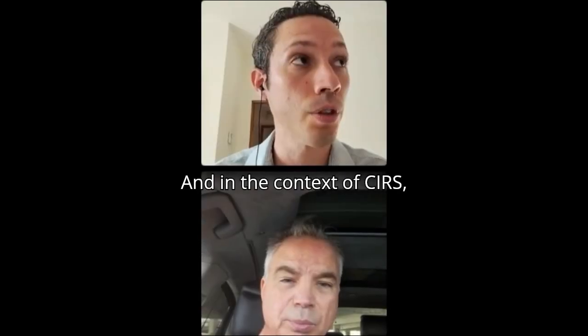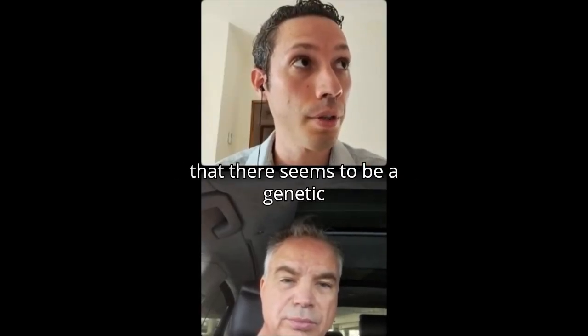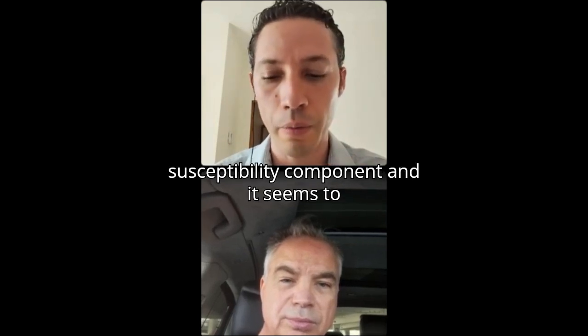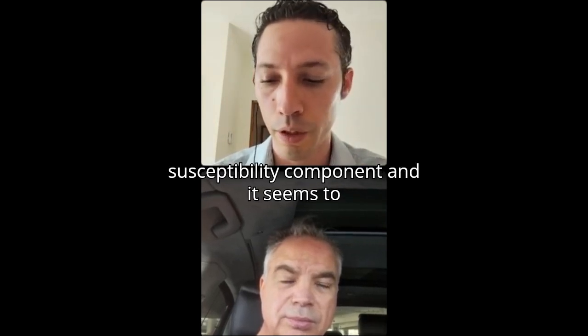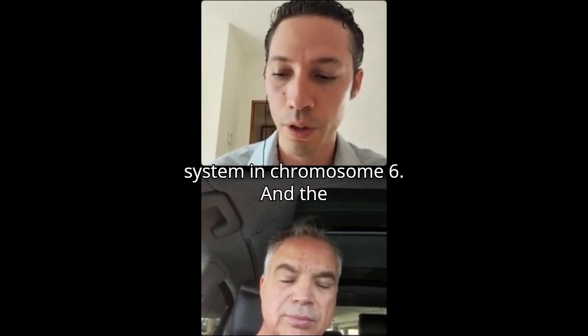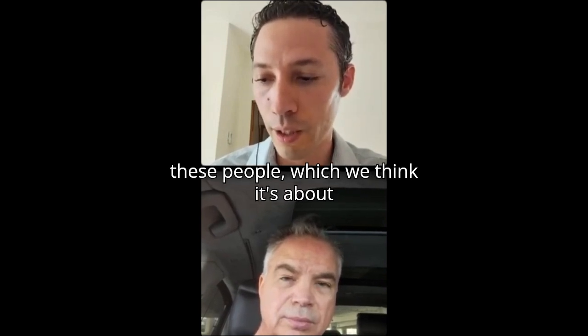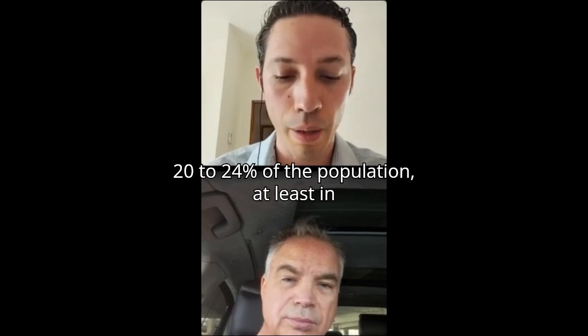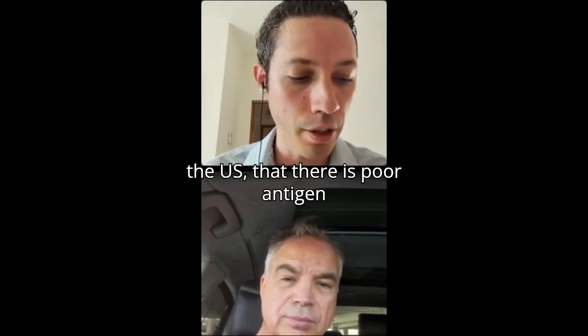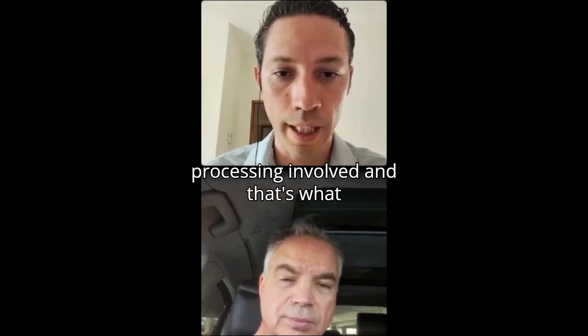In the context of CIRS, what the research has shown is that there seems to be a genetic susceptibility component, and it seems to be tied to the HLA system, the class 2 system, on chromosome 6. And the inference has been that in these people, which we think is about 20 to 24% of the population, at least in the US, there is poor antigen processing involved, and that's what makes these